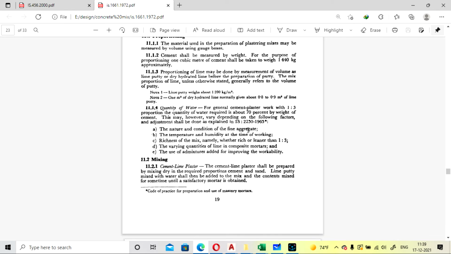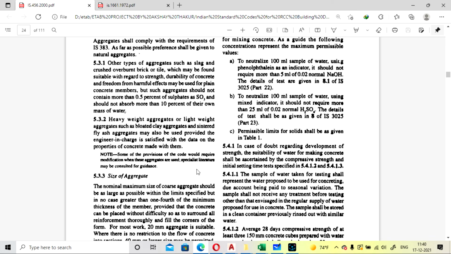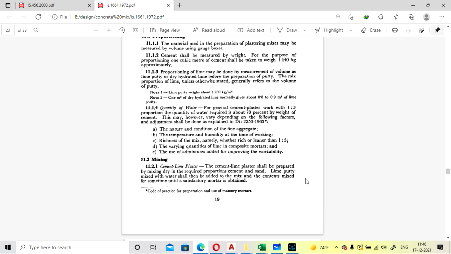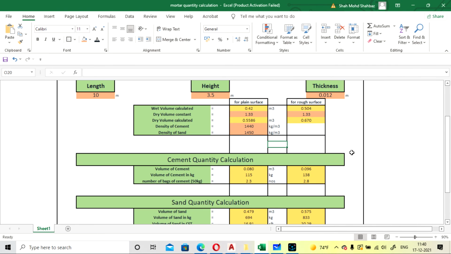On these conditions your water ratio will depend. If you follow like this, it will help you add the water according to your proportion. But if you don't know, you can go with the IS code as we provided for the concrete. You can go with that ratio also. Either way, your experience will be added to these calculations.